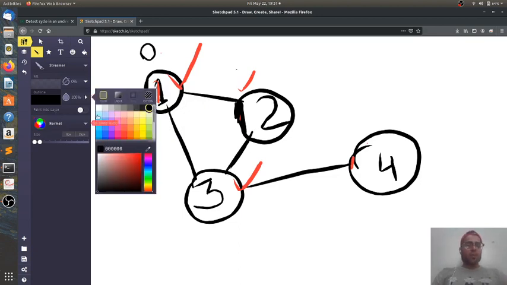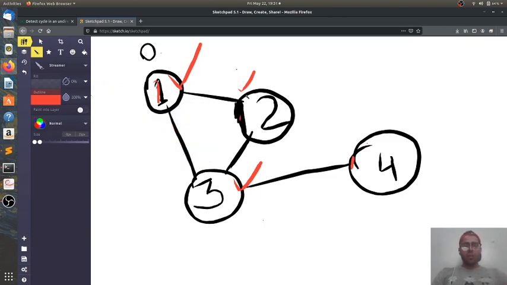So when 2 was being visited, say we started from 1, 2 visited, the adjacent vertex is 3 which is unvisited, and adjacent vertex 1 which is visited, its parent, right? Then we went to 3, then 4, and it came back.